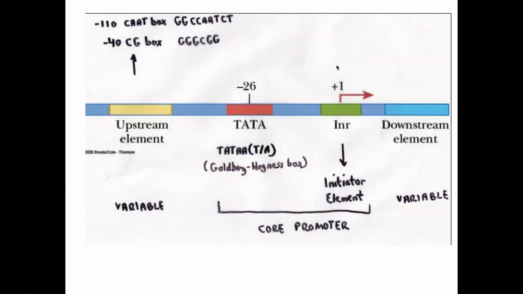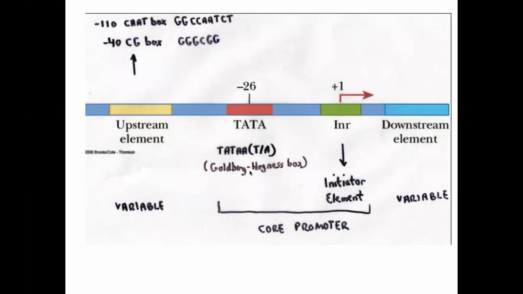Okay, but all of the information upstream of that position is the promoter region, okay, that has the ability to attract the RNA polymerase 2 specifically to that site that will then eventually lead to the initiation of a transcriptional event. So what do we find within that promoter region in terms of consensus sequences? What we find for these protein encoding genes are what is called a -26 region or sequence, or more formally a Goldberg-Hagness box. So that's very much analogous to the Pribnow box, that -10 region that I described for prokaryotic genes. So what you notice is, again, this sequence, this Goldberg-Hagness box, is rich in AT base pairs, just like